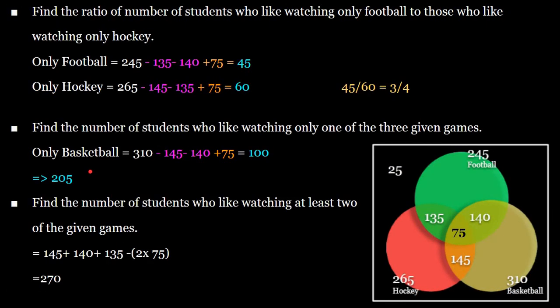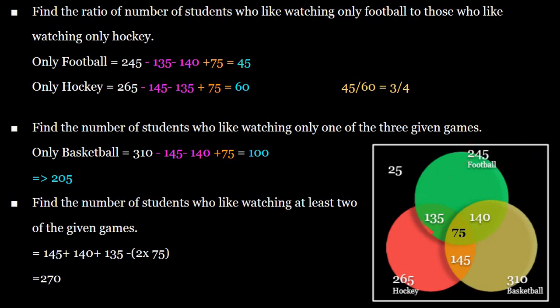Now come to the second question. So suppose football and hockey are there. For the number of students who play just football, the word "only" is there. So when we have "only", we will not count this particular part. We will reduce this particular part. Here also, from pink we will reduce the green part and the yellow part. So we have taken 245 for football. That is the total number.